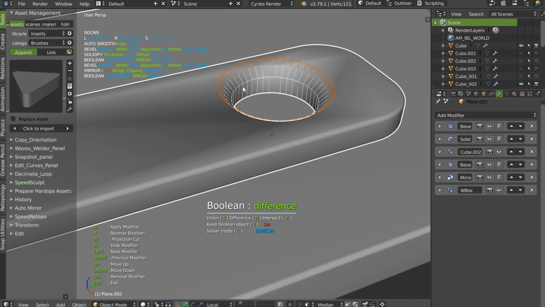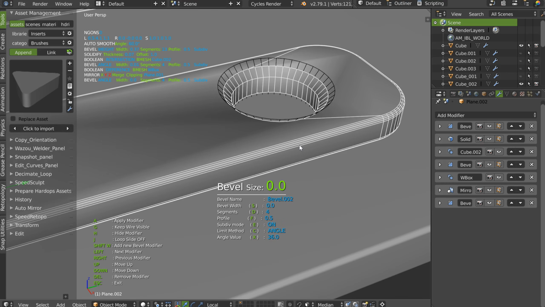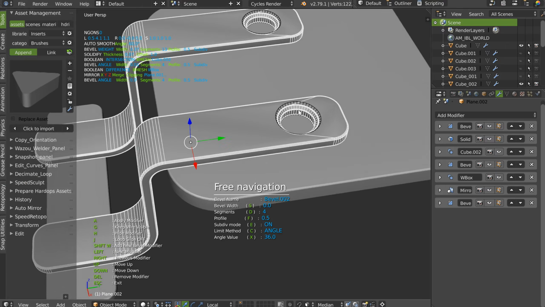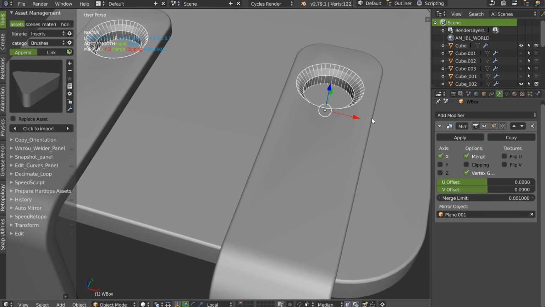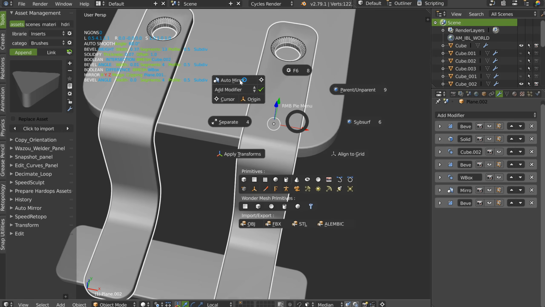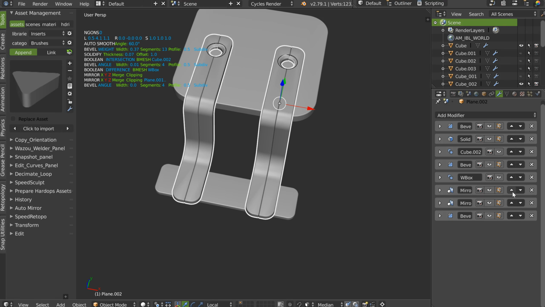I will do this here, I will place it here, and I will select this one, call the bevel, I will press the arrow key left or right to change, as you can see, bevel 1, bevel, etc. I will press Shift W, and now I will have a new bevel only for this new part. And as you can see, this is working. So I can select this one, make a little scale. I can also, if I want, make an auto mirror on this one. Hop. And I will have to move the mirror because auto mirror doesn't move the mirror correctly. Hop.